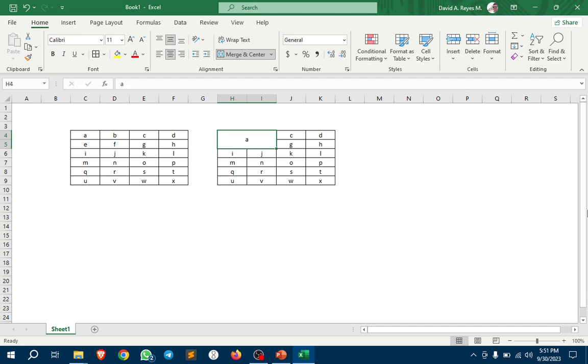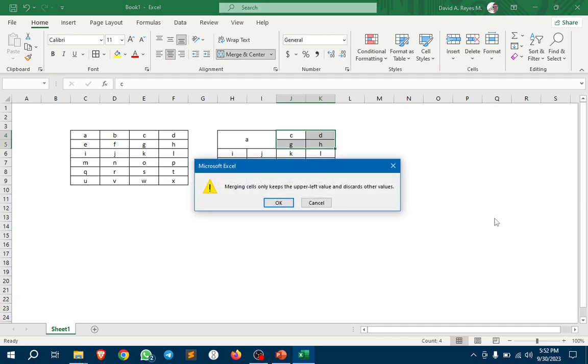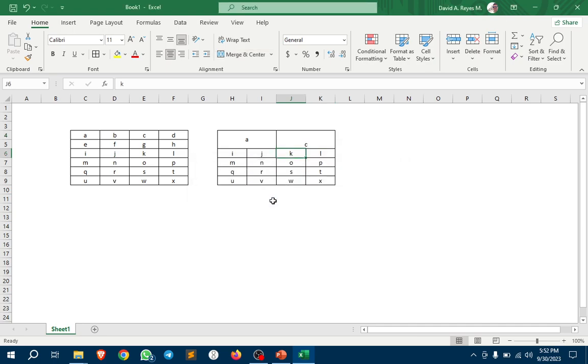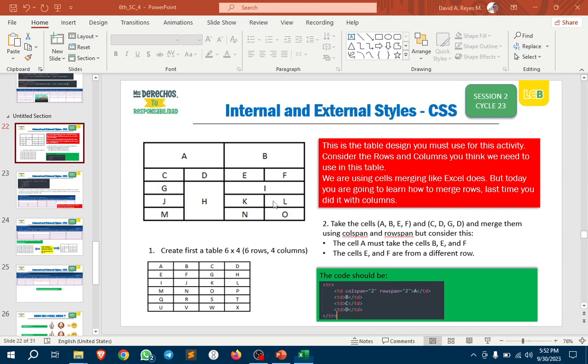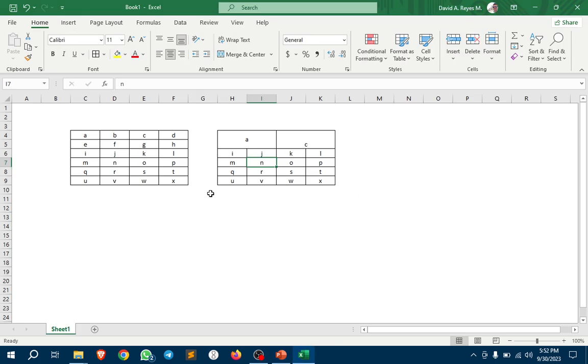That means that if you want to get a cell like this, you need to merge A, B, E, and F. That means that A is going to take all those places. It's the same with C. So I'm going to take C, D, G, and H, and do the same here. This is Excel. Now if I want to have H in this way, I'm going to use these rows